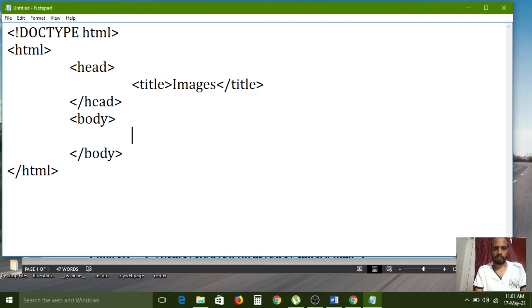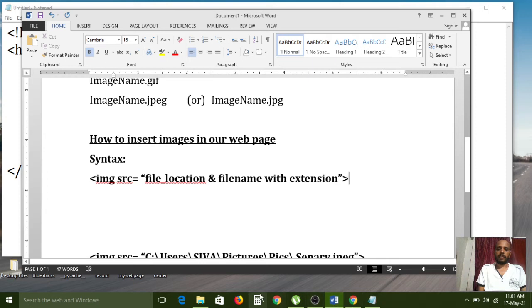Here I want to display one image. So for that, I am using the predefined image tag. In that, SRC is the attribute, opening and closing, and this one I have self closed. If you want to close that image tag, then you need to use a slash symbol at the end. So that's why I use this slash symbol. Because this is a singular tag, a closing tag is not required. It is a self closing tag and also an unpaired tag. So now I want to display this image.